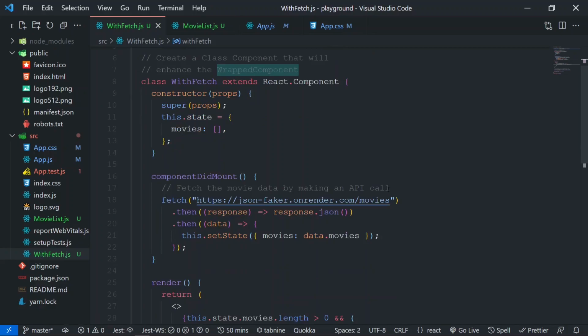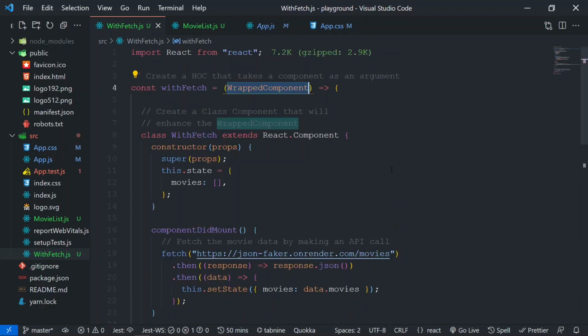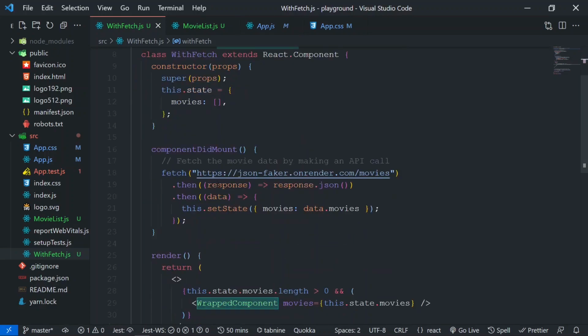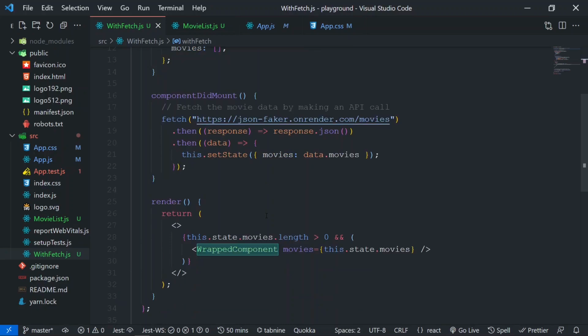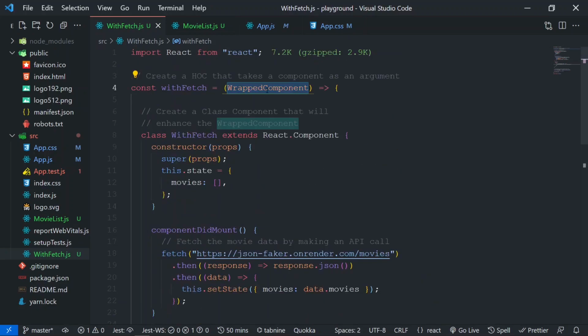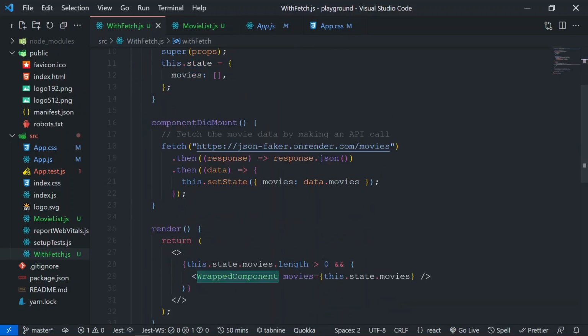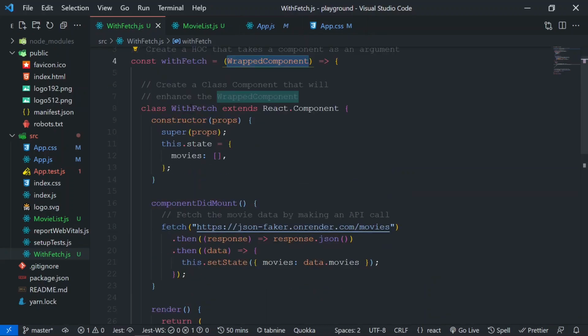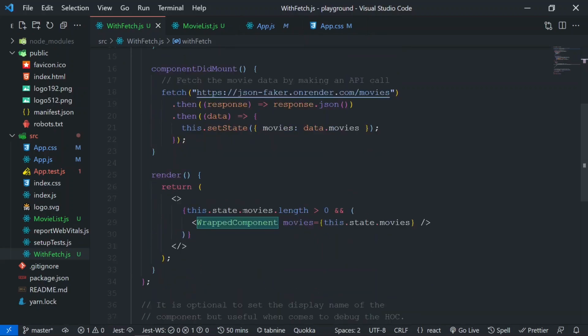That's the design. Instead of creating this movie data in each of the components, we are creating it in a centralized space in the higher order component, and once the data is back, we are using the same input component and passing the movie data as props in the JSX of this newly enhanced component,